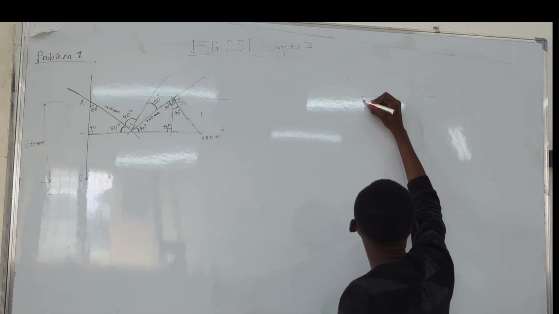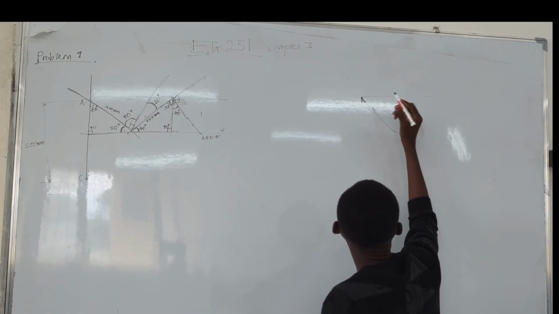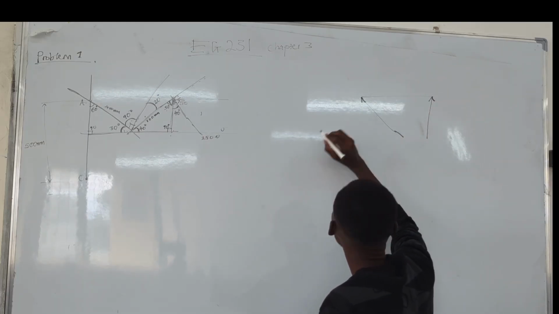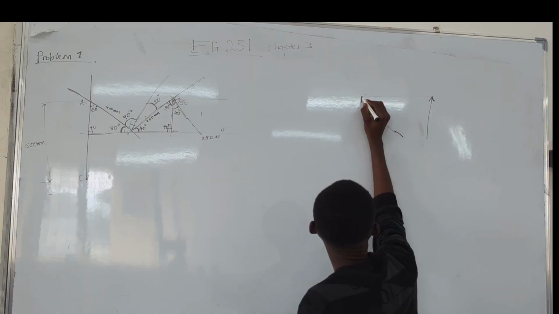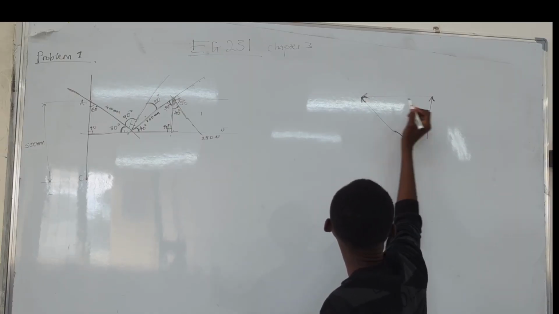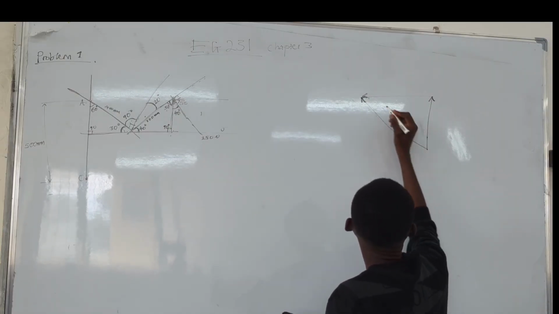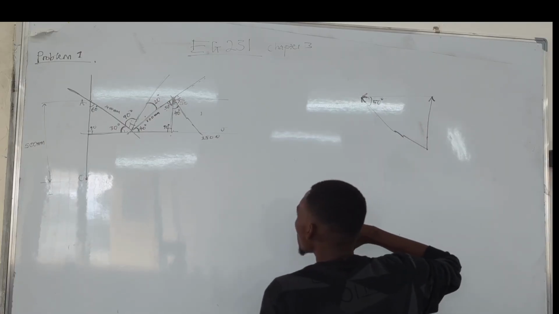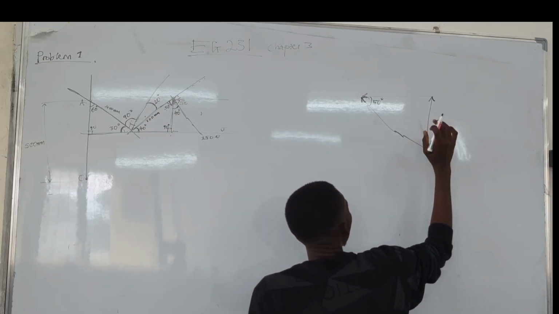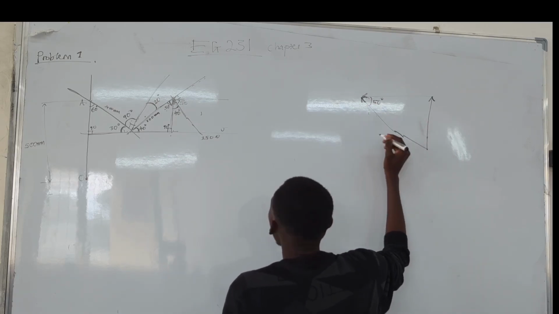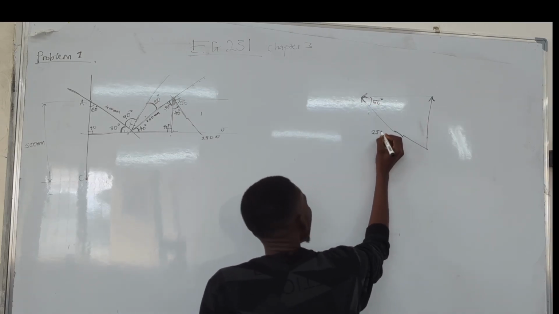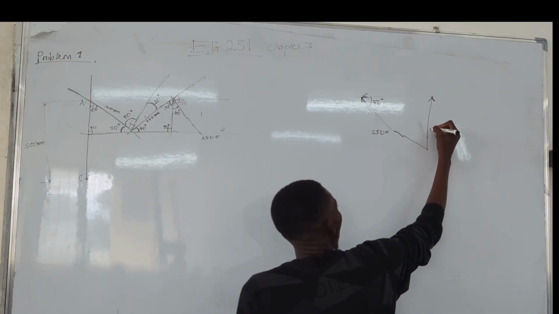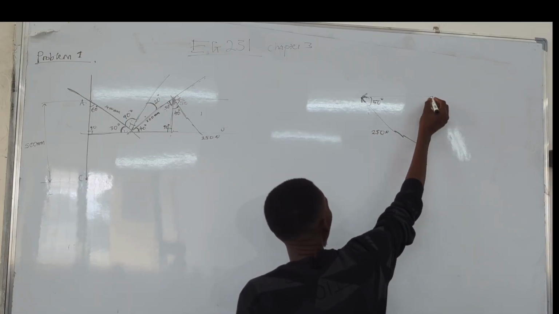Okay. So I can just say like this. The angles are going like this and this. So this one is 50 degrees. So for us to find, this whole distance here, the hypotenuse is going to be 250 Newton. Okay. So for us to find the component of the force in the y and the component of the force